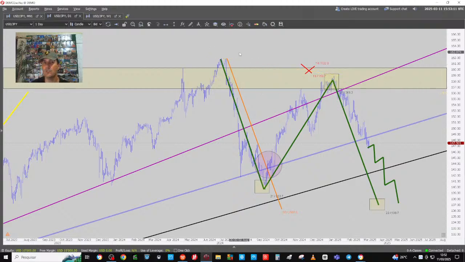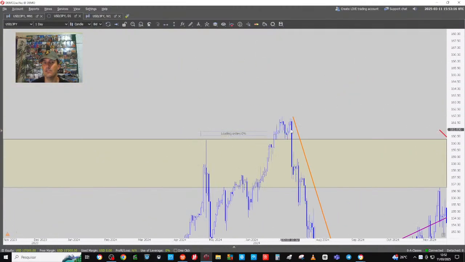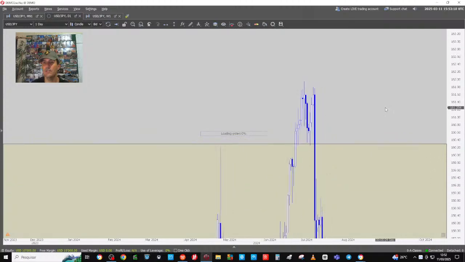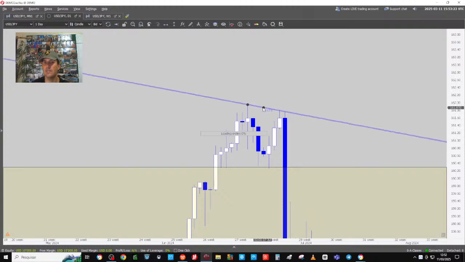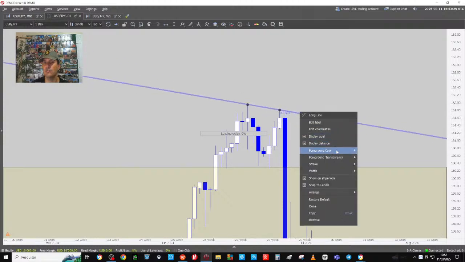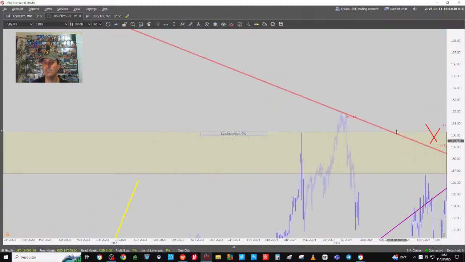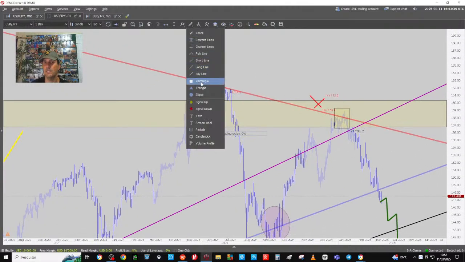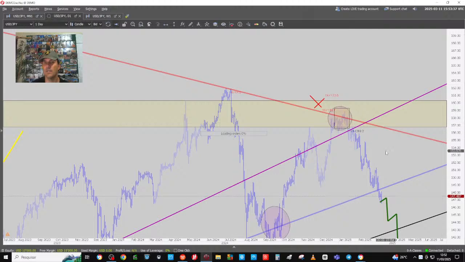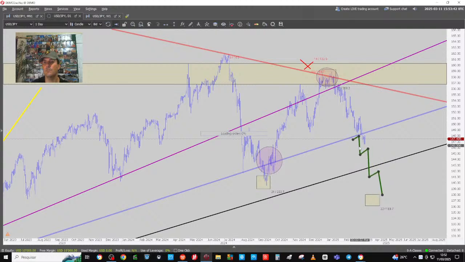You need to pay attention to the detail. I connected, why the black? Because I'm connecting, see here, Olga? Can you see here, everybody? I'm going to use the long line. I'm going to connect this high to this one, and I'm going to make it red, just as an example. And I'm going to zoom out. Can you see, everybody, the red trend line? It's breaking tails and wicks, and it should, until the market confirms a new low. Does this make sense?